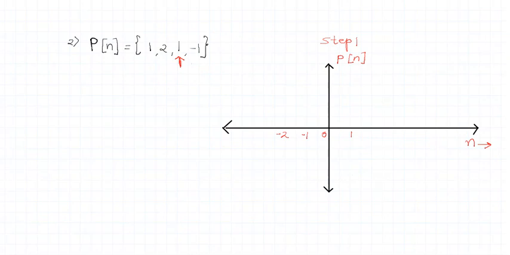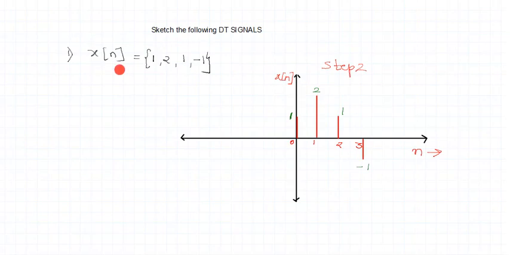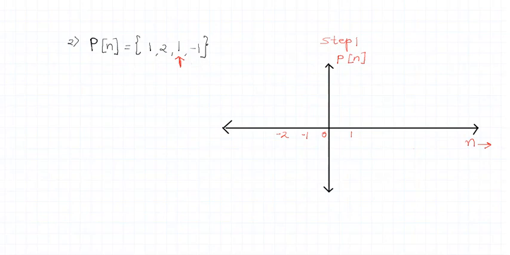So I have shown example Pn. I have named the signal, I am calling the signal Pn. Again, if I see here, I have taken the same numbers, friends: 1, 2, 1 and -1. But there is one difference between the earlier example and the next example. And what is that difference, if you identify? It is this arrow. Did you identify that I have put an arrow?